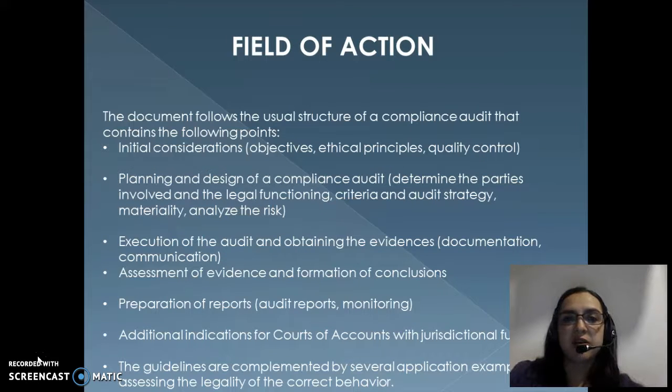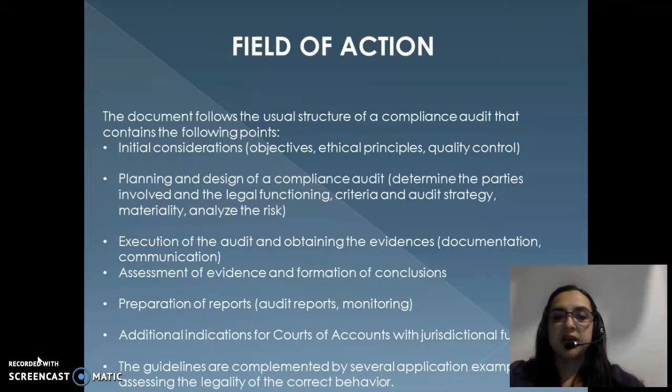The field of action, according to the ISSAI 4200: the compliance and finance audit document follows the usual structure and contains the following points: initial considerations, objectives, ethical principles,